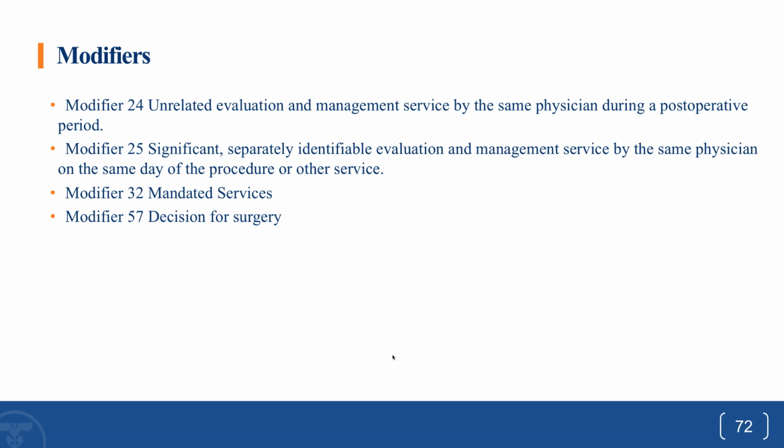Right. So the wart removal is going to be separately identifiable from the yearly physical. So I'm going to append a modifier 25 onto that E&M code. And then I'm going to also code for the removal of my wart, which is going to come from the integumentary